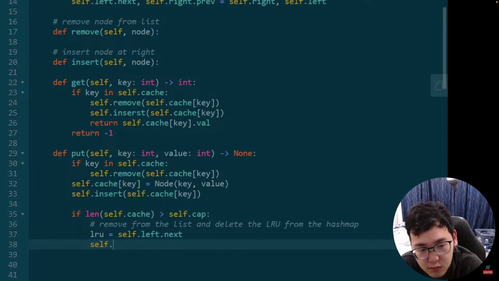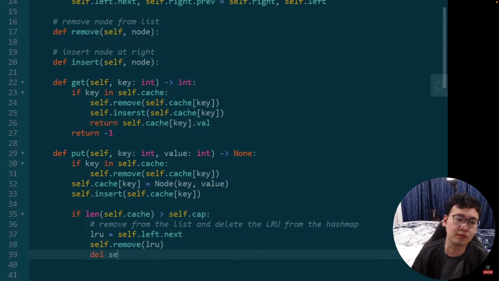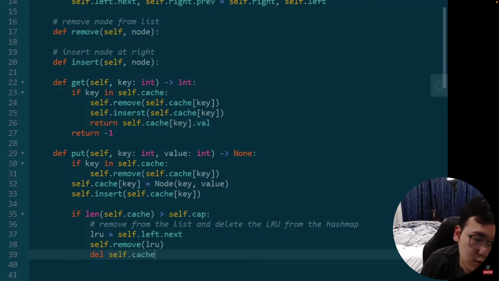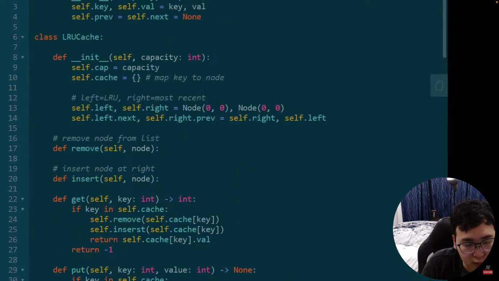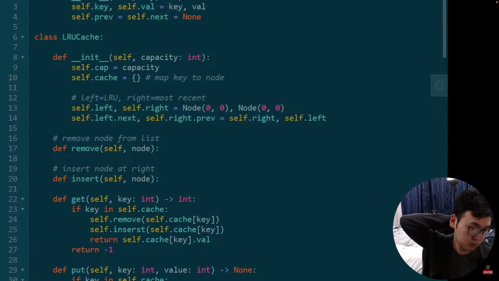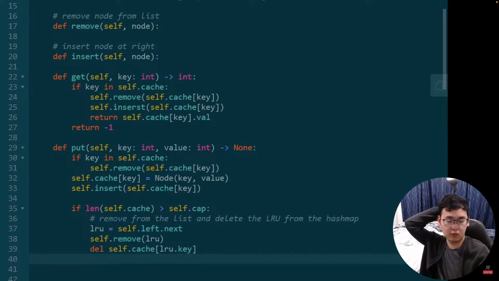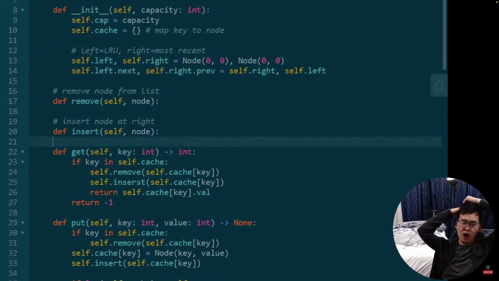And so first, we're going to remove it from our linked list by just passing in the node. And we're also going to delete it from our hash map. So self.cache. And we want the key of this node, which is actually stored in the node itself. This is why we didn't only store the value, we also store the key in our node class. So we don't have to return anything in put, but we do now have to fill out these two helper functions,